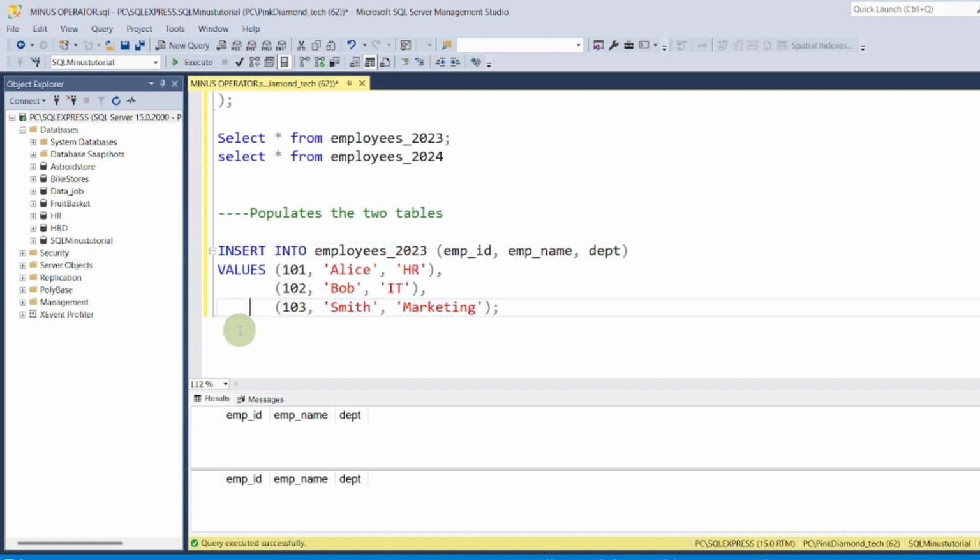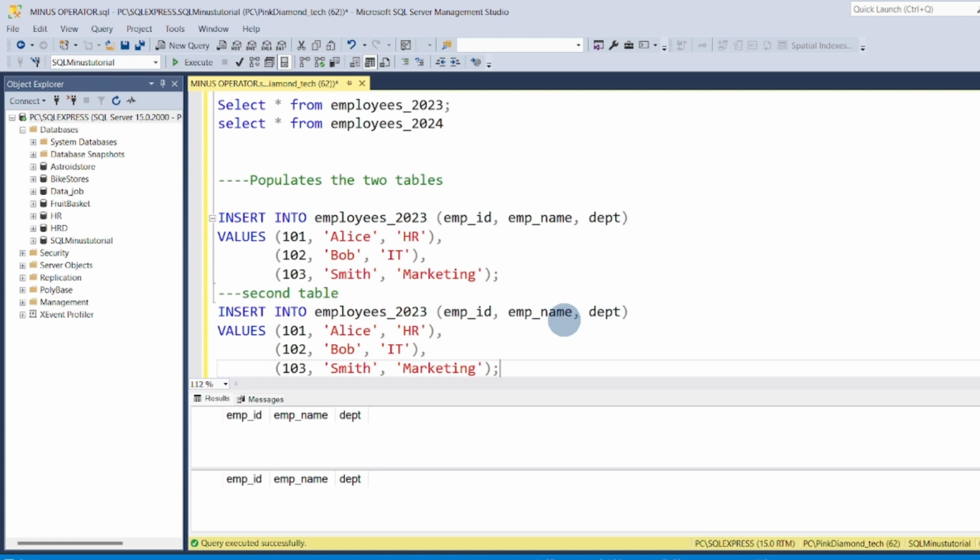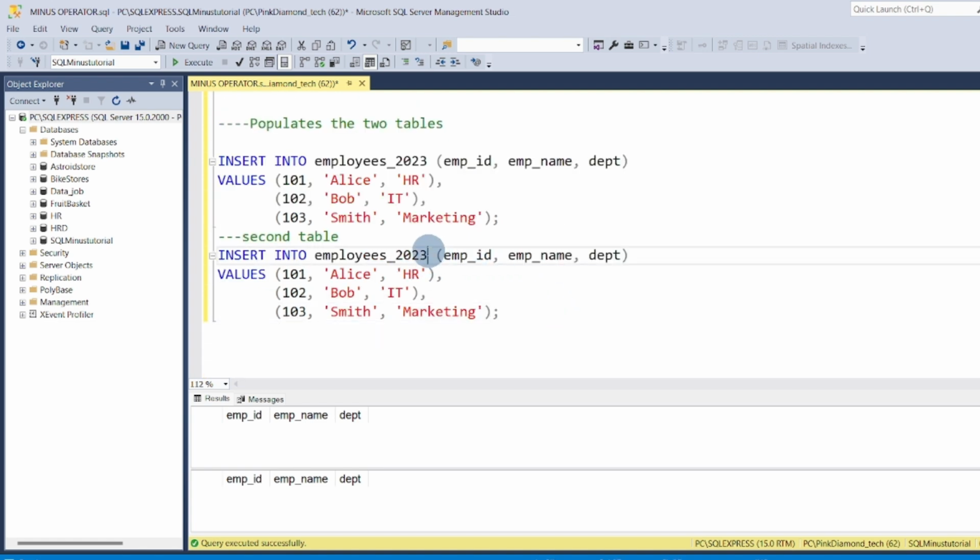copy this, and let's do it for the second table. This is just me putting comments here: second table. Paste what you just copied. Come back here and change some things. We change this one to 2024. Same structure. Now we start from